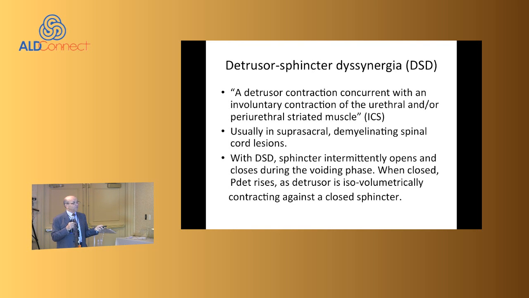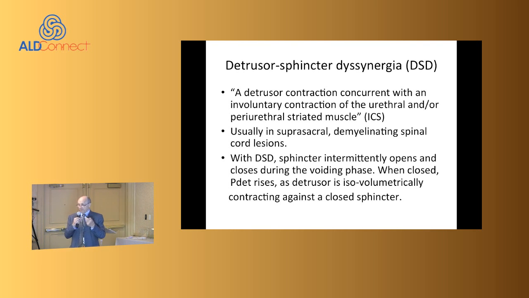So what is this detrusor sphincter dysinergia? It's a really interesting phenomenon. It's a detrusor contraction, which is concurrent with an involuntary contraction of the outlet, the urethra and periurethral striated muscle. This is the definition of the ICS, which is the International Continence Society, which is the governing body that decides on all these definitions. It, of course, has to occur in suprasacral demyelinating lesions, spinal lesions, because essentially what you get,